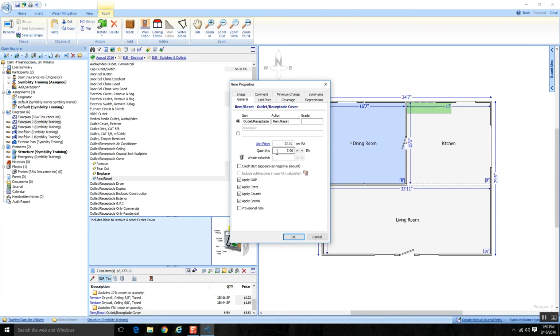Now the quantities field in here, this is calculable. That means I could type in an equation and it could do the math for me. Okay, so again, there's more than one way to change your quantity. Other things you could change in here, you've got your unit price tab,